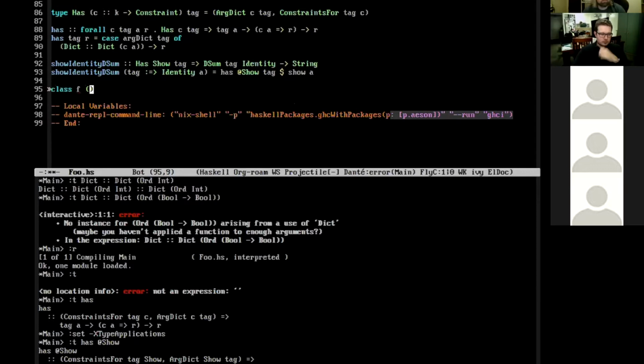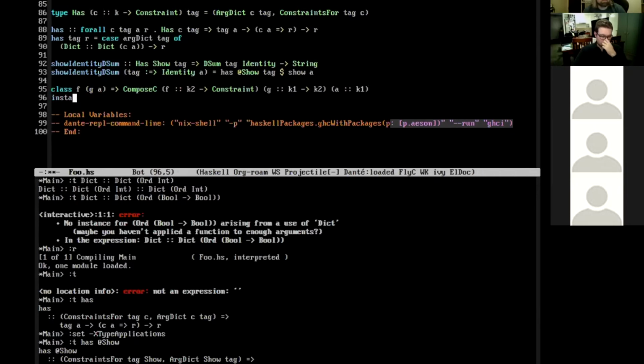So if we have f of GA, we can say we have compose C. This is kind of like the functor composition newtype, except it's working over constraint constructors instead of type constructors.